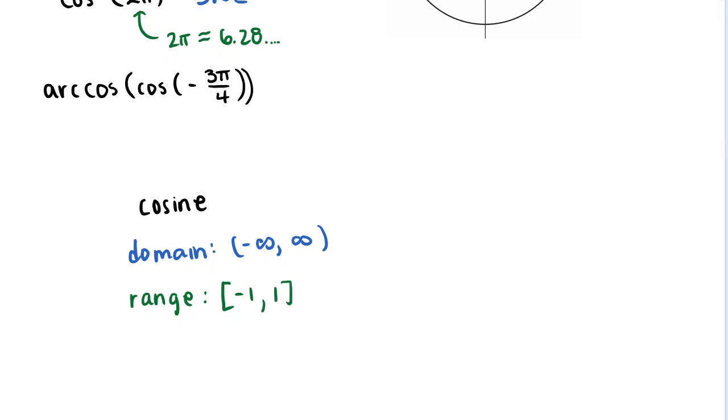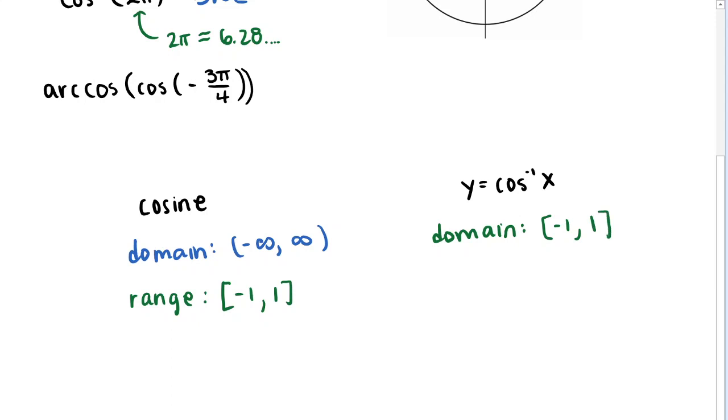And so when we define our cosine inverse function, y is equal to cosine inverse of x, the domain of this function, the outputs of our original function, are the x-coordinates on the unit circle. Those x-coordinates, like we said, only fall between -1 and 1. So the domain of cosine inverse is going to be -1 to 1. And the range,